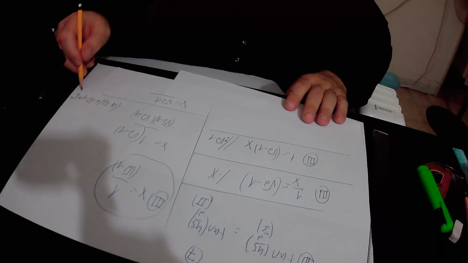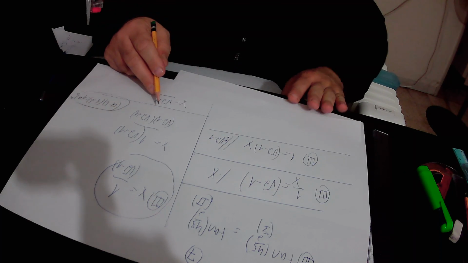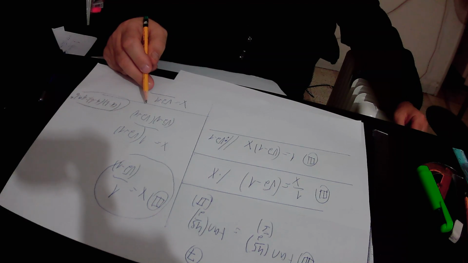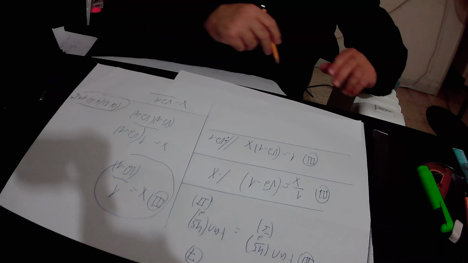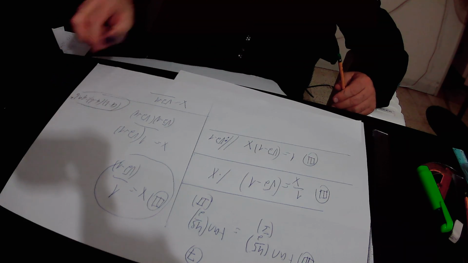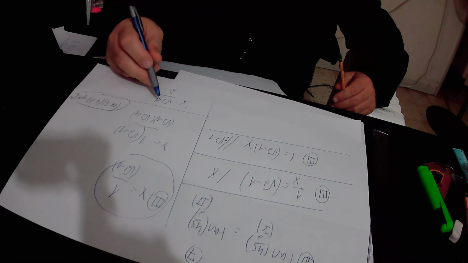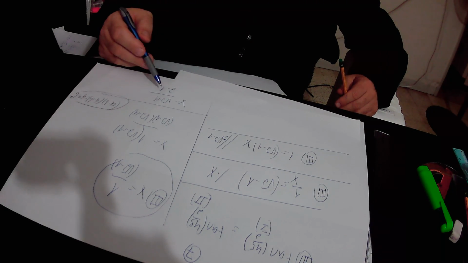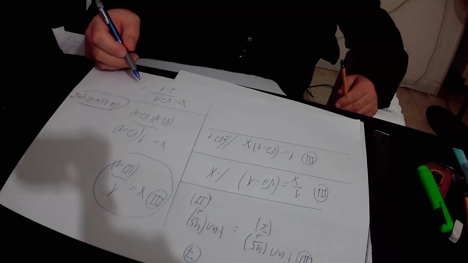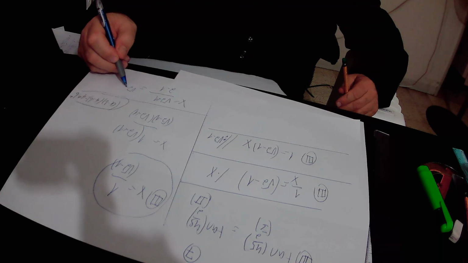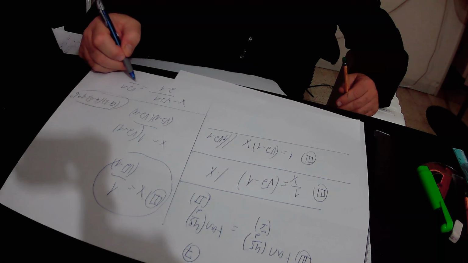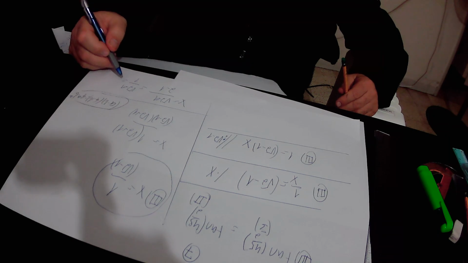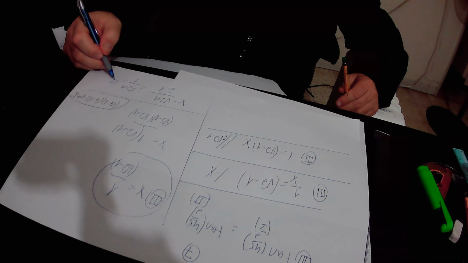We will get that square root of 2 minus 1 times square root of 2 plus 1 equals the square root of 2 squared, that is 2, minus 1 squared, that is 1. So in total, in the denominator, we have 2 minus 1, that is 1. So x equals square root of 2 plus 1 over 1. So in total, x equals the square root of 2 plus 1